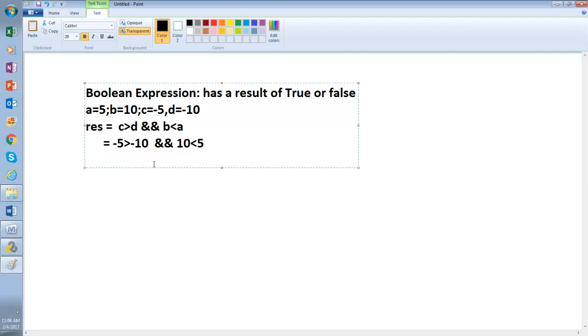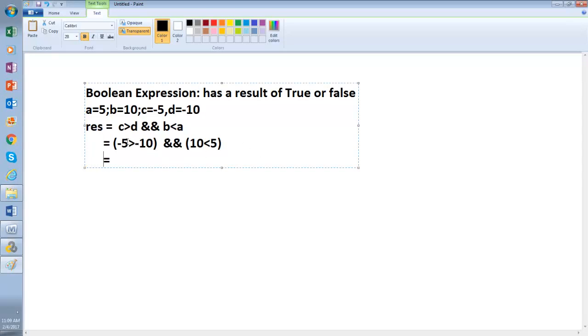That is false. So remember, this is one thing and this is another thing. One is true, one is false.